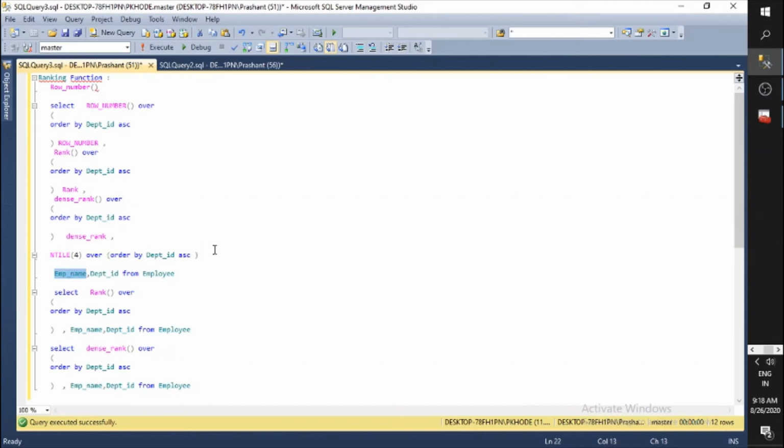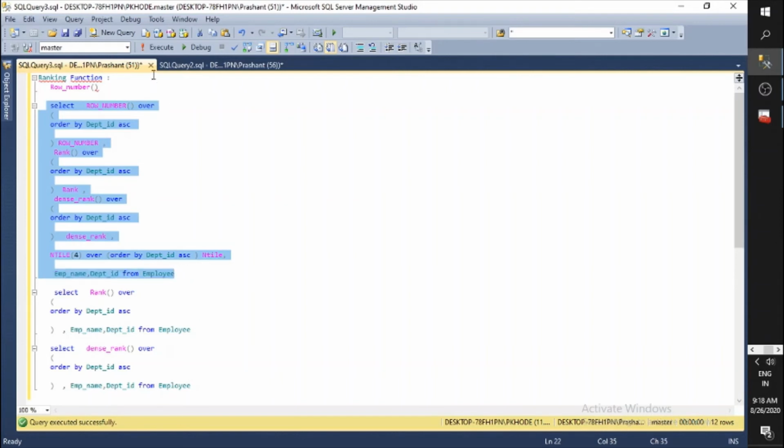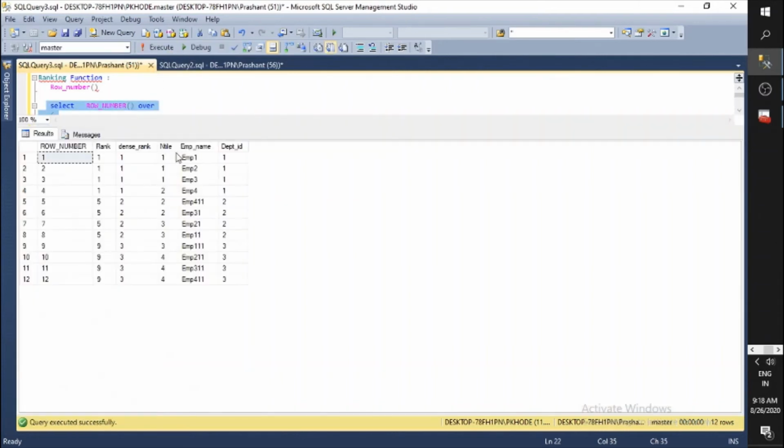Basically this window function is used for making buckets. If I'm passing 4 here, it means that the entire data set would be divided into 4 groups. But see here, 3 2 3 4.